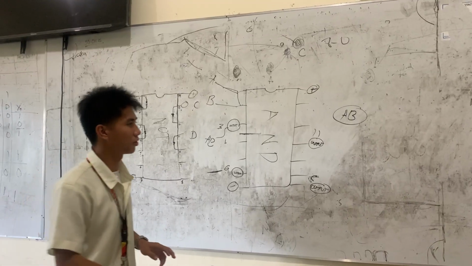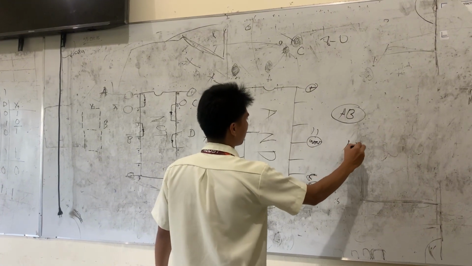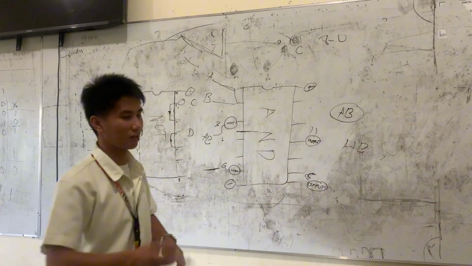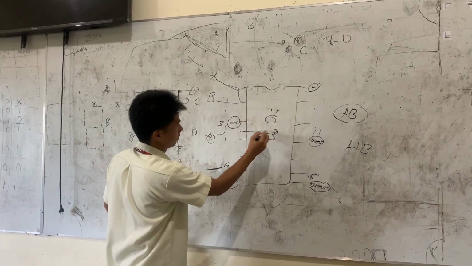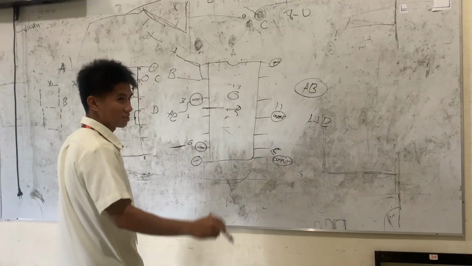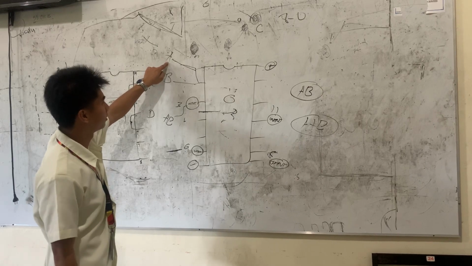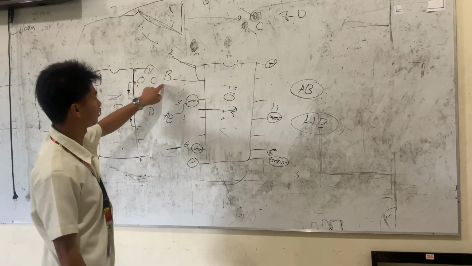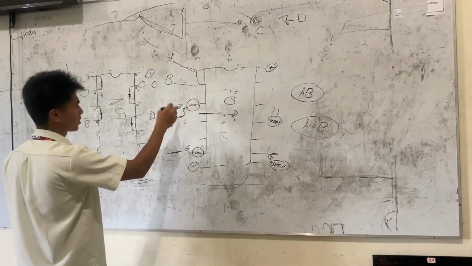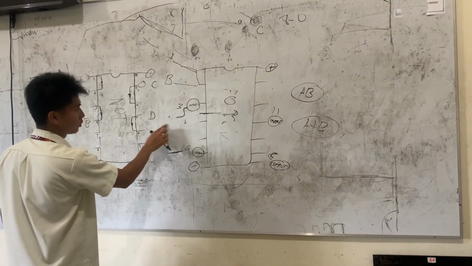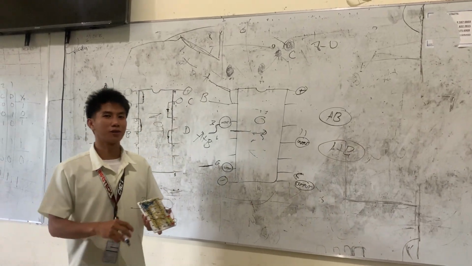It just works the same with an OR gate. So when you see something like this, an equation like that, let's say this is now an OR gate. So let's say A plus B, you see this kind of equation. We input an A on the first input and B on the second input. And then on the third pin, that means it is the output, which gives you an A plus B. So this is just basically how everything works.